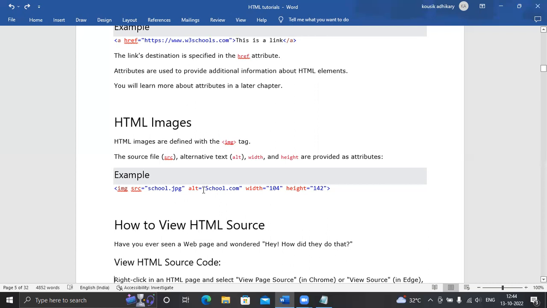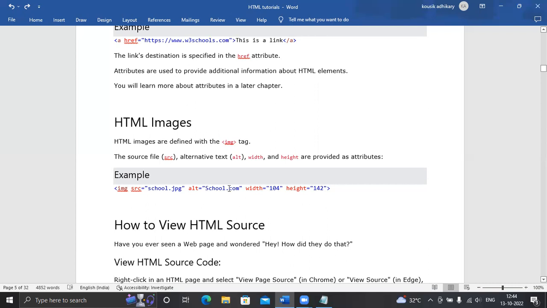the alternate attribute will work. That image will not be shown, but the alternate text shows what is supposed to be there.